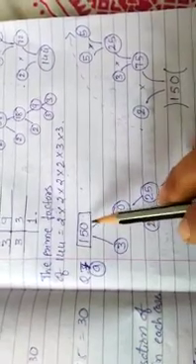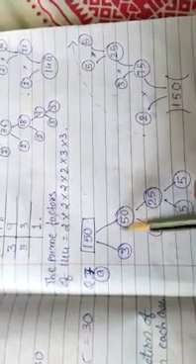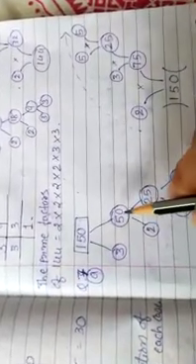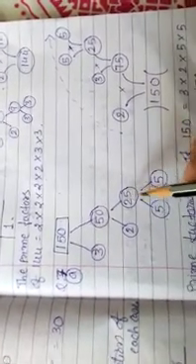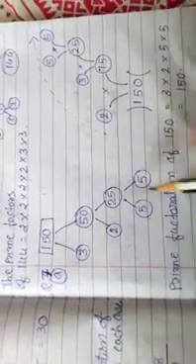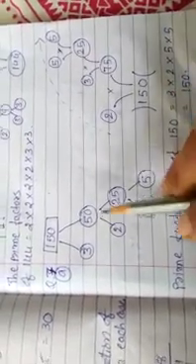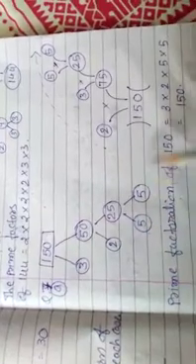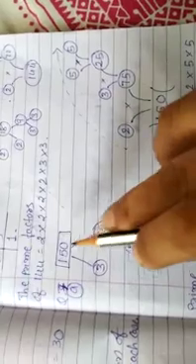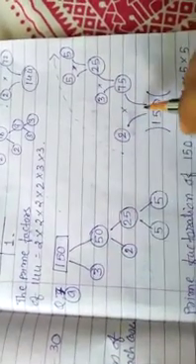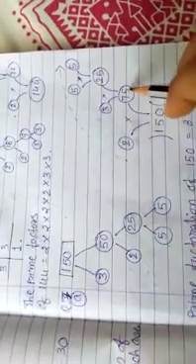Suppose I have divided this number by 3, the answer is 50, because 3 times 50 is 150, right? Now this number will be divided by 2, the answer is 25. 25 is divided by 5, so the answer is 5. So the prime factorization of 150 is equal to 3 times 2 times 5 times 5, right? Or you can do it like that also. Here I have divided by 3 in the first step, and here I have divided 150 by 2 in the first step. So you can do it both ways.